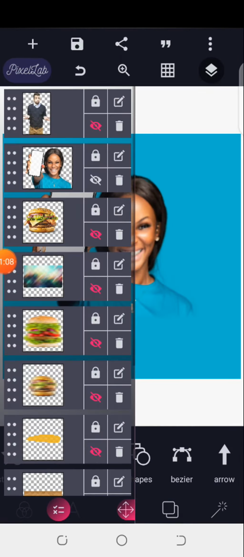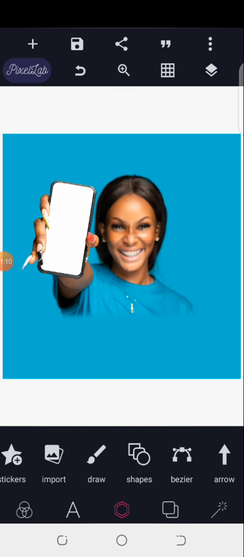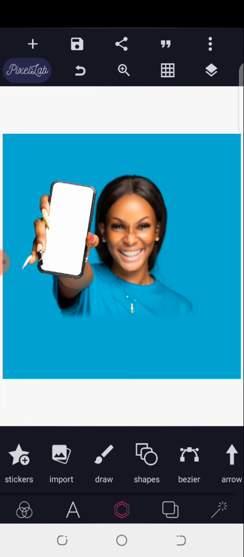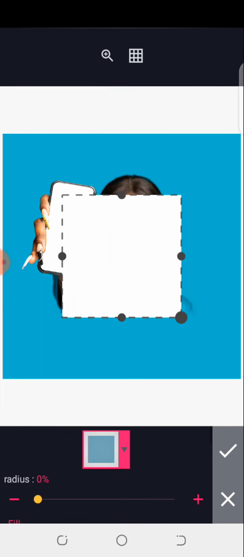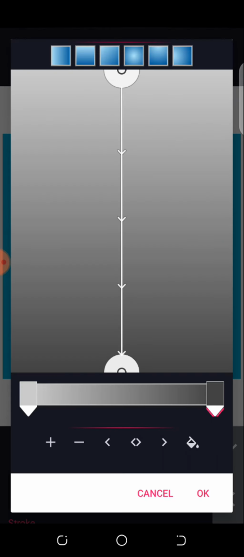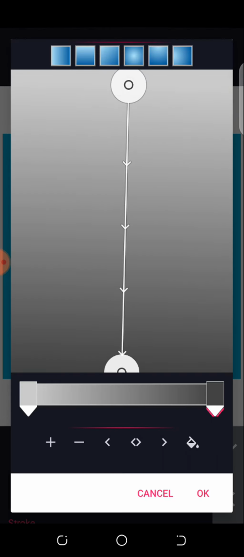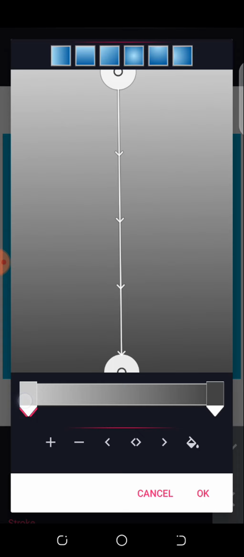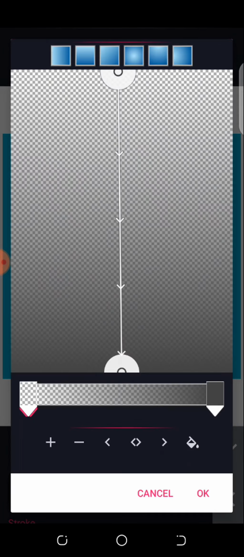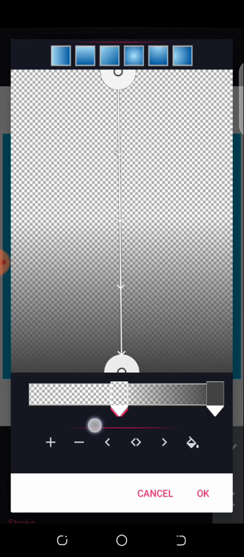Another way you can make it blend with the background is by adding a gradient. Come to this option, click on shapes, bring in a new shape, then we'll come to gradient, click on plus, then this first one that is white, we'll click on it, click on this paint bucket, and we'll draw it, move this slide here. Alright, so we have this, so I'll just move this one here. I also make it fade, then this option,